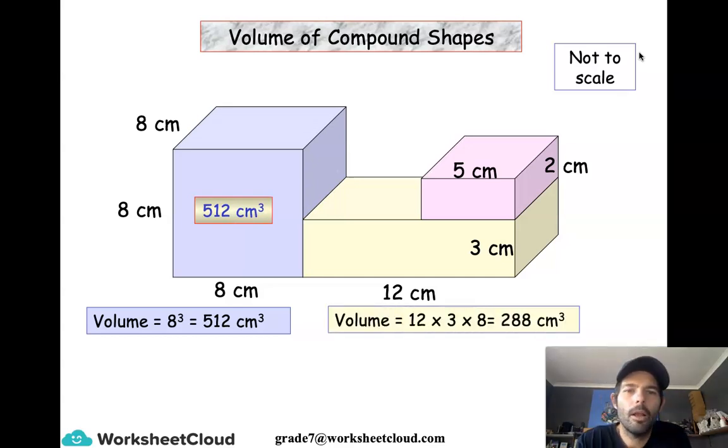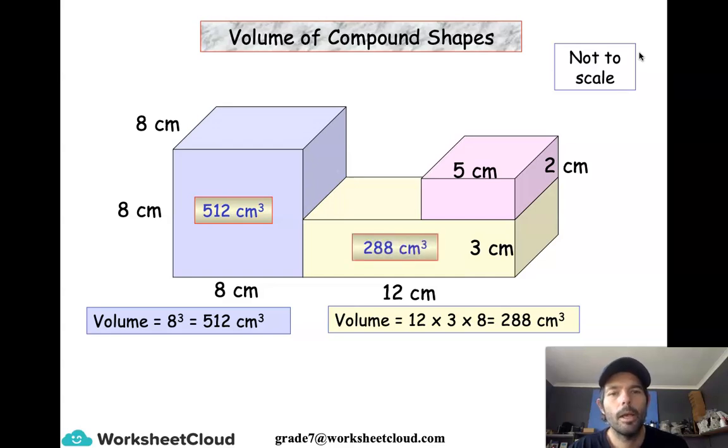Okay, the volume of the yellow cuboid, the length is 12, the height is 3, and the width is 8 centimeters, and you determine that width of 8 centimeters from the cube, the length of the sides of the cube on the left of the diagram. So that's 288 centimeters cubed, and then the last pink cuboid is going to give you a volume of 5